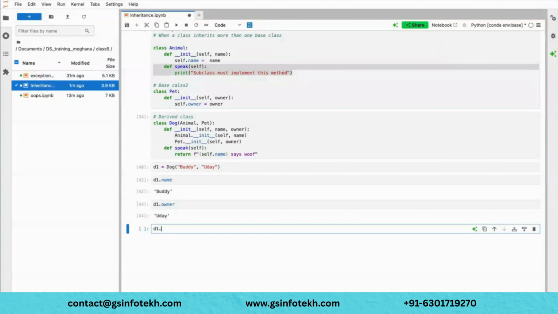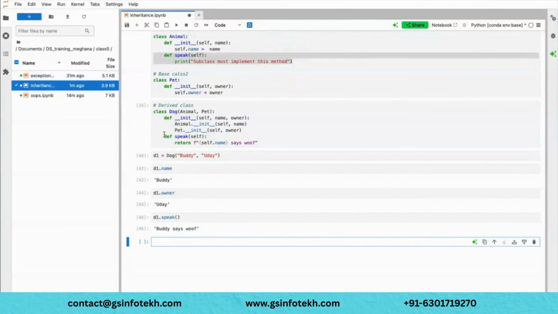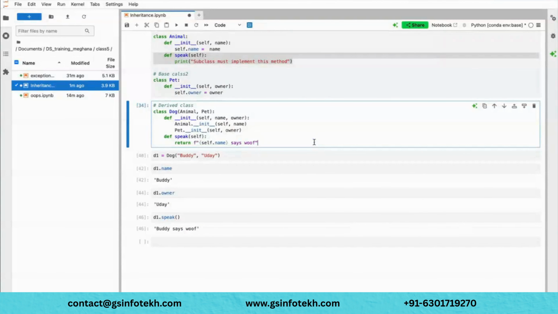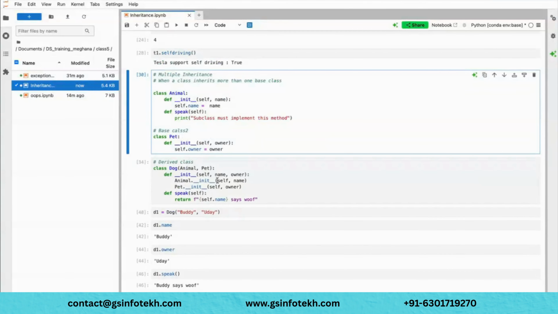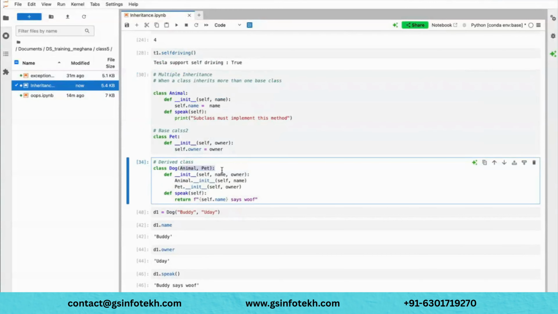And d1.speak, I'm able to get this method. So this is how you can do multiple inheritance. I hope this makes sense. Even if you have five or six classes, you can just put a comma here and inherit them.